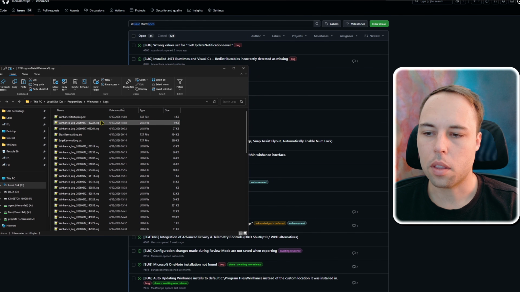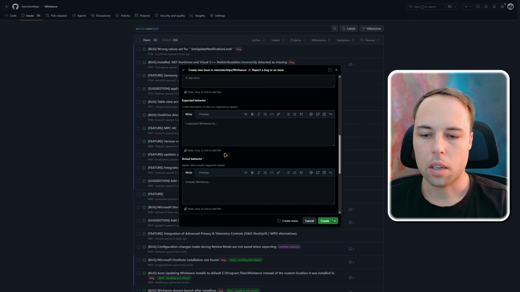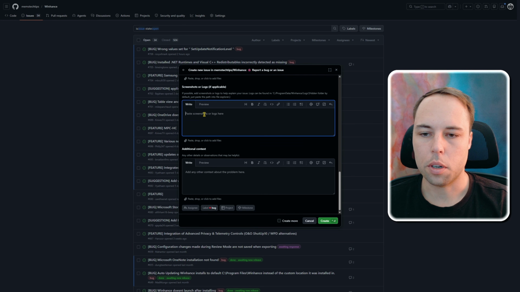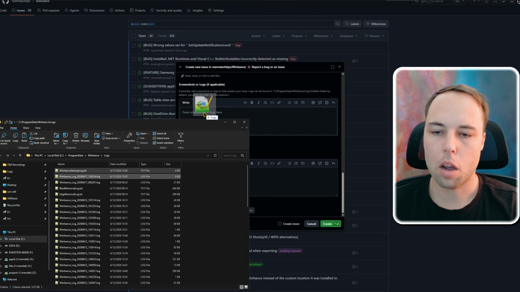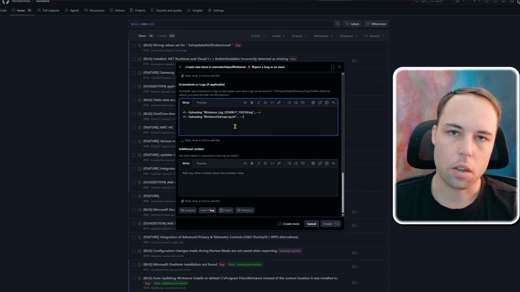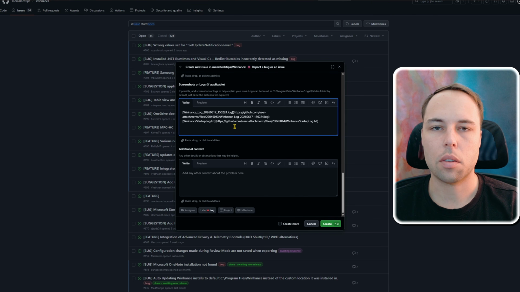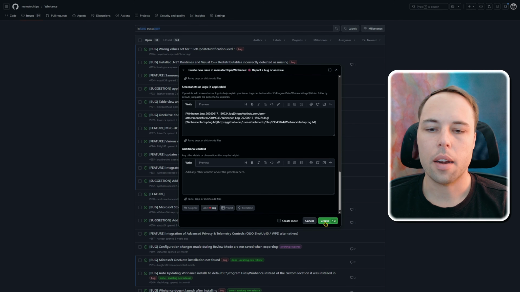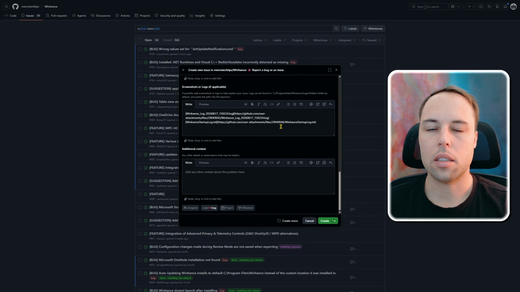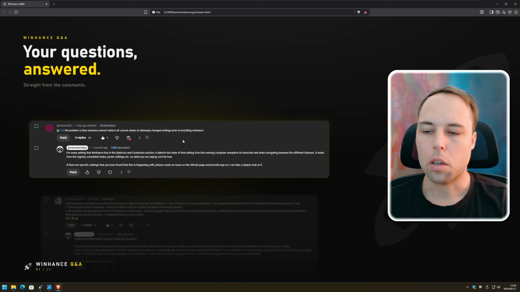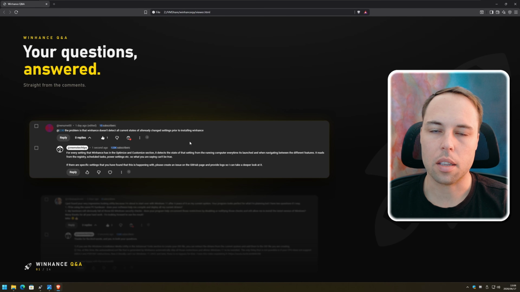And then what you can do with these logs, when you open a new issue, inside of this box here where it asks for screenshots or logs, you can just select these logs in the folder and then click and drag them over to the box on GitHub. And it's going to upload those logs as files, and it will then attach them to the issue. You can then create that issue, and I'll have access to those logs or screenshots or whatever you attached, and that's going to greatly help me in identifying where some issues might be. So if you find issues like these, please report them and mention the specific settings that this is happening to.